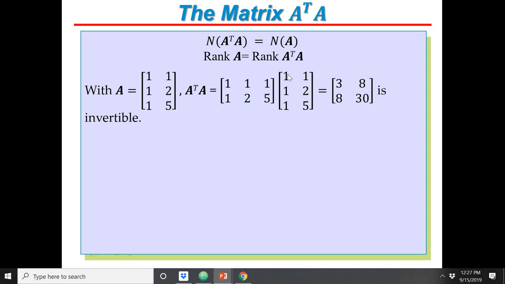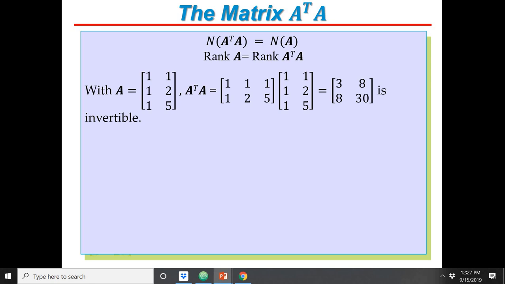So you may ask, what is special about this matrix A that makes A transpose A invertible? And the answer is because these 2 columns are independent of each other. And this is what allows us to compute an A transpose A that is